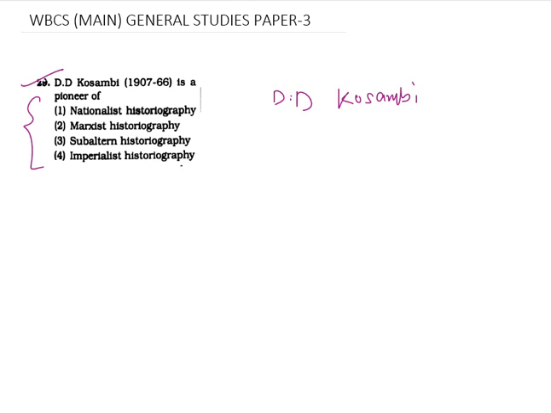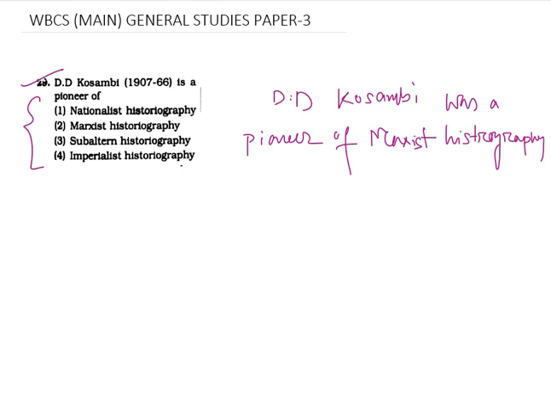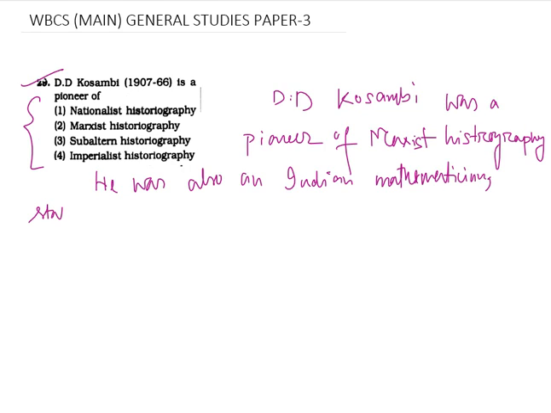or Damodar Dharmananda Kosambi was a pioneer of Marxist historiography. He was also an Indian mathematician, statistician, historian, and polymath